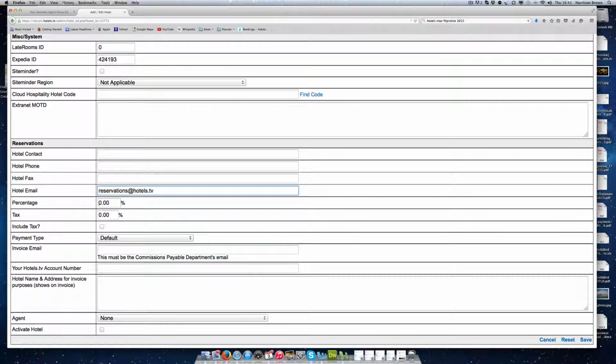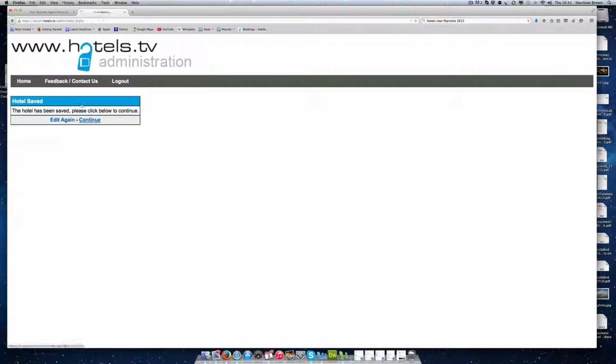You don't need to put percentages in because that's already pre-negotiated. If you were working with the hotel directly, you would actually add the commission in there that you've negotiated with them, and this generates an invoice automatically. But then you have to activate the hotel. So when you import through Late Rooms or Expedia, make sure you activate, save that, continue there,